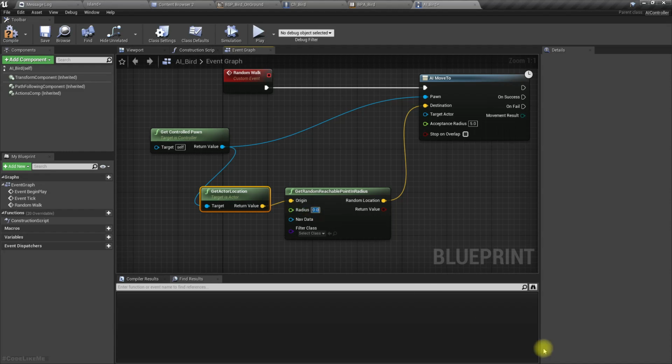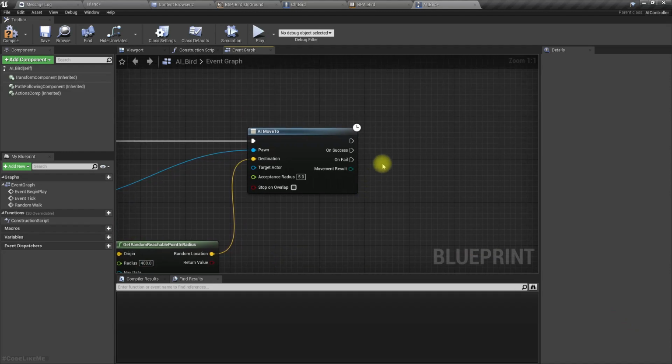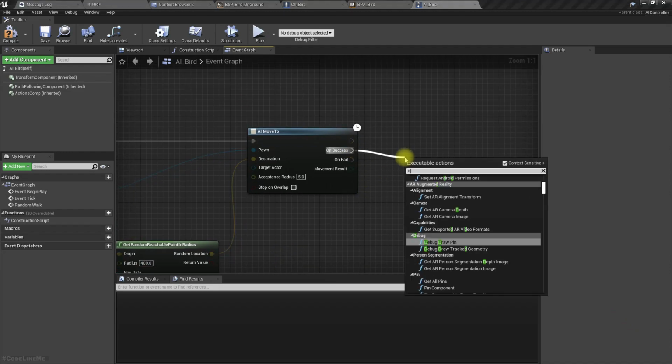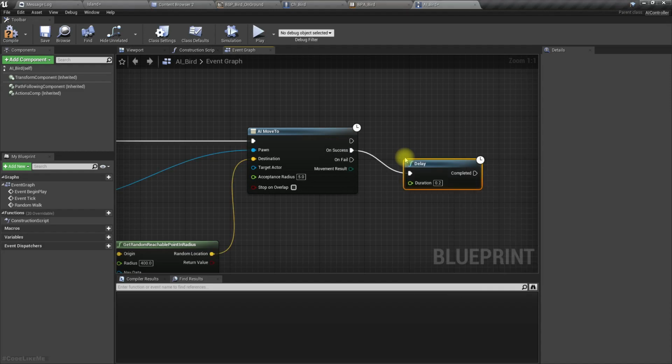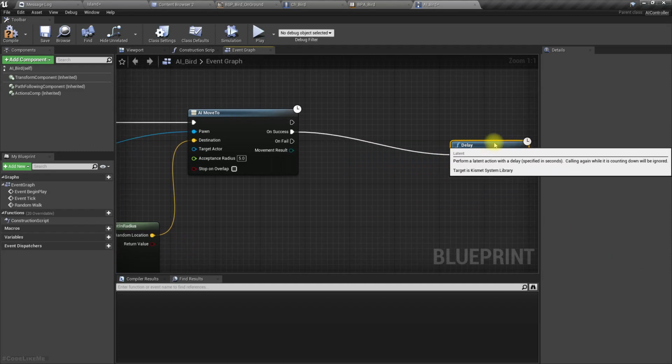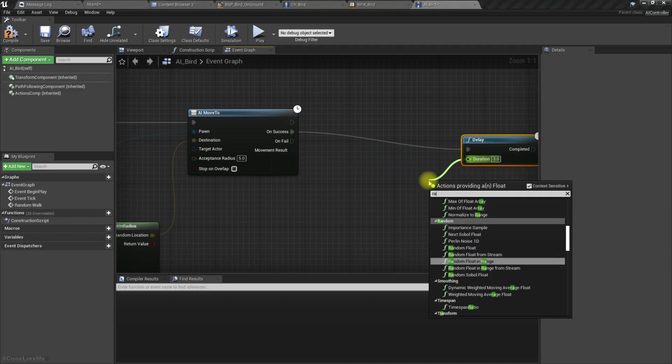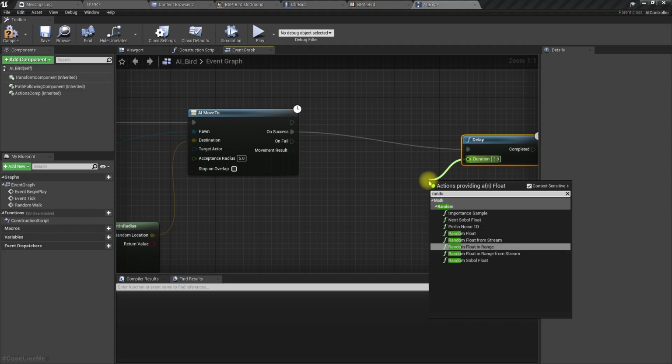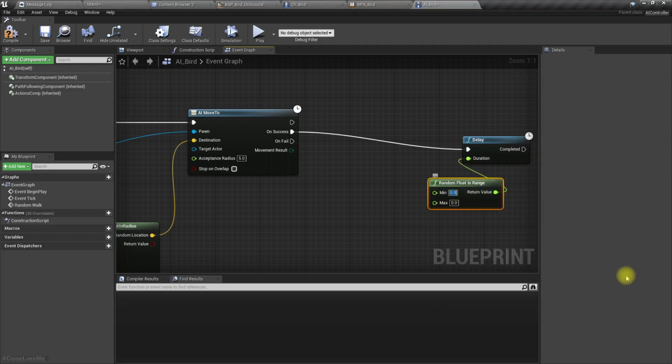As the radius, let's give something like 400, and if success, let's have a delay like 3 seconds. No, we can make it random actually. Float in range, something in between 2 seconds to 4 seconds.